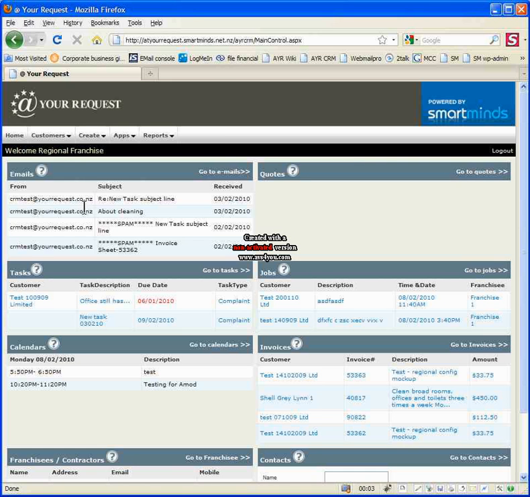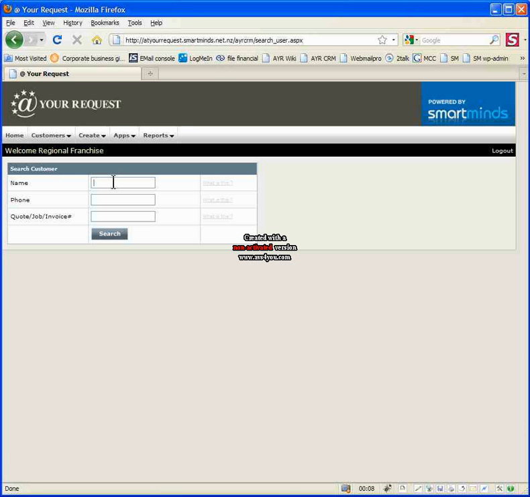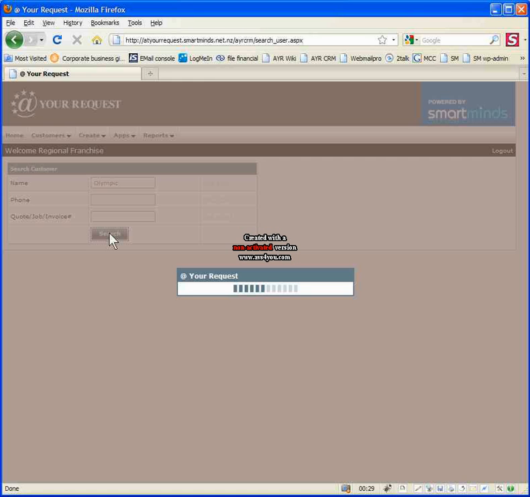To add a new customer, it is recommended that you go to Customers, click Search Customers, and type in the customer's name. You'll notice here that it says no results found, which is actually what you're wanting. The reason for doing this is to make sure that there are no duplicates in the system already. So you click Search,